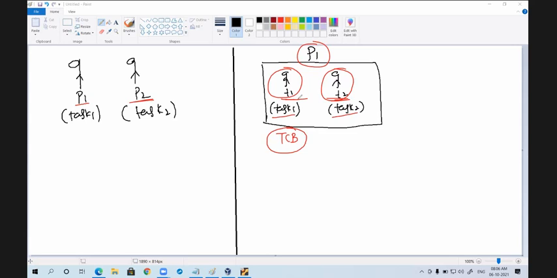Can anybody tell me the full form of TCB? For every thread in a single process, one data structure is created, that is called TCB. TCB is nothing but thread control block.